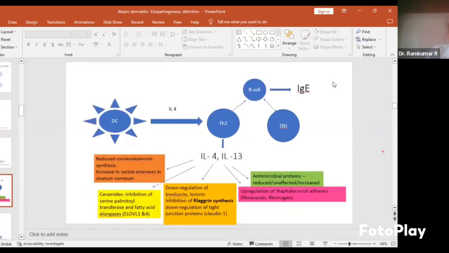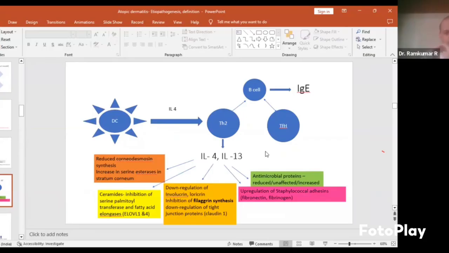So let us put it this way. There are two components in type 2 inflammation. One is this B cell help and production of IgE. Too long we have been focused only on this IgE. Still today, we do not know how IgE is going to help in the immune response. It may play a role in presenting the antigens or allergens, but the mechanism is not fully elucidated. But the Th2 cells directly produce interleukin 4 and 13,